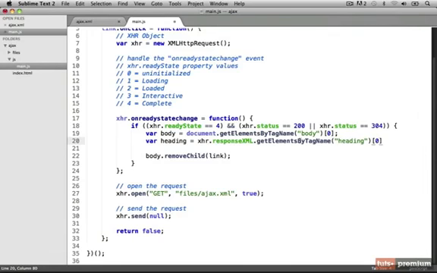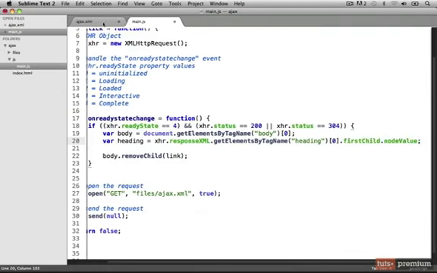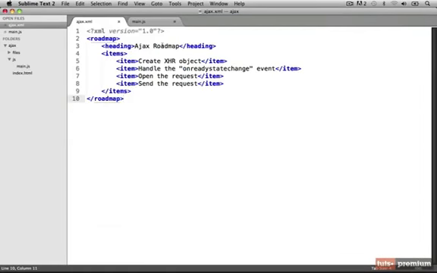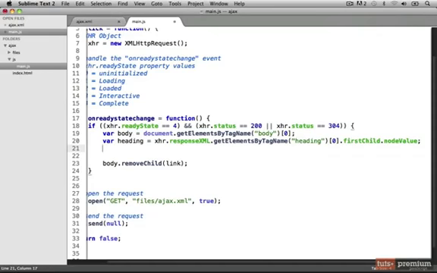Remember, the text of an element is actually another node. So we have to access this element's first child and then its node value. And that will grab our heading element's text of Ajax roadmap. Now after our heading variable, we just need to create the HTML heading element and the text node to hold